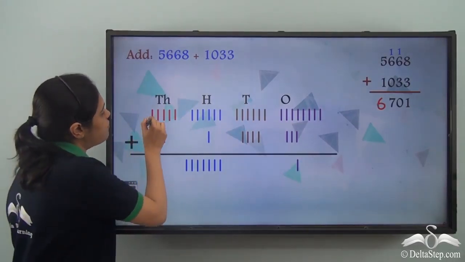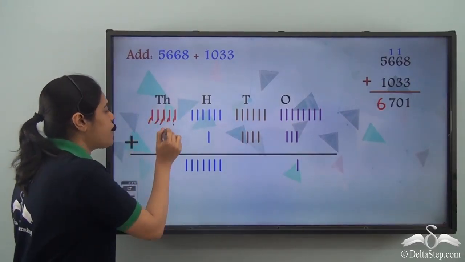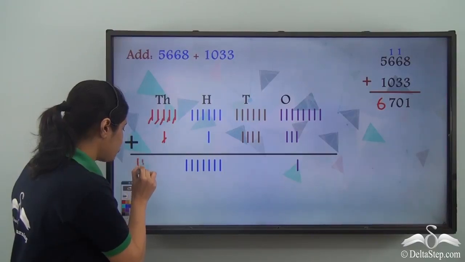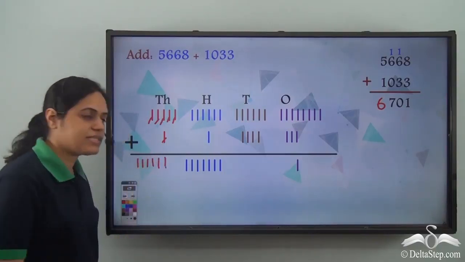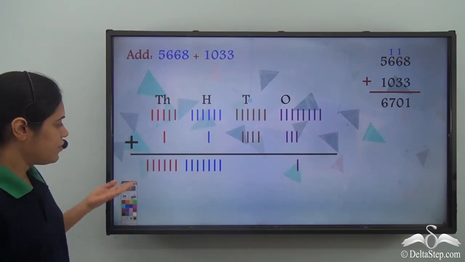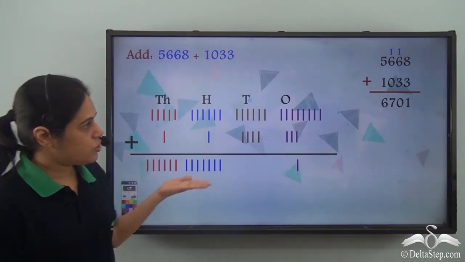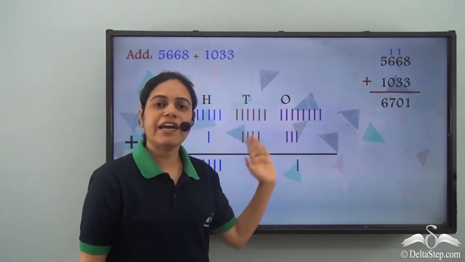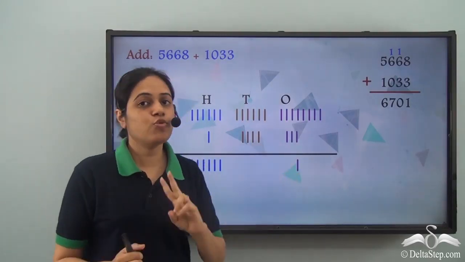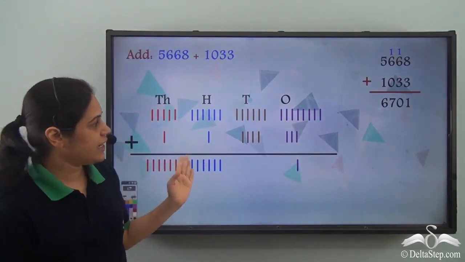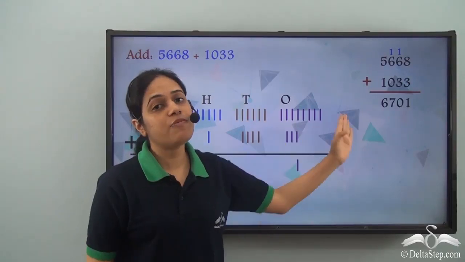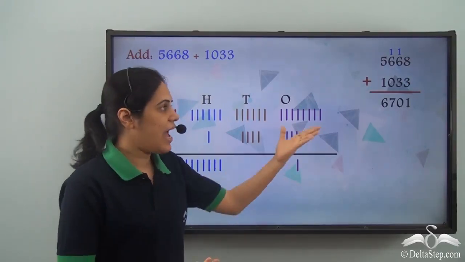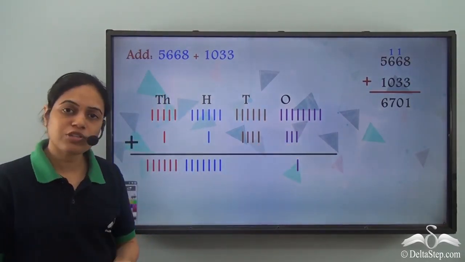Over here, I have 1, 2, 3, 4, 5, 6. So 1, 2, 3, 4, 5, 6. This is what we have. So 6. So now these two are actually the same thing. Two different ways of writing the same thing. Two different ways of performing the same addition. And see, the answers are also the same.